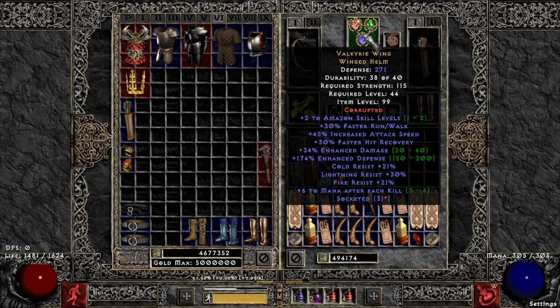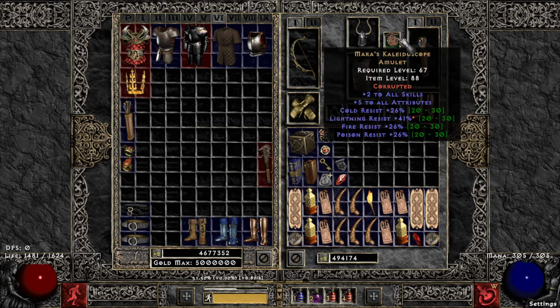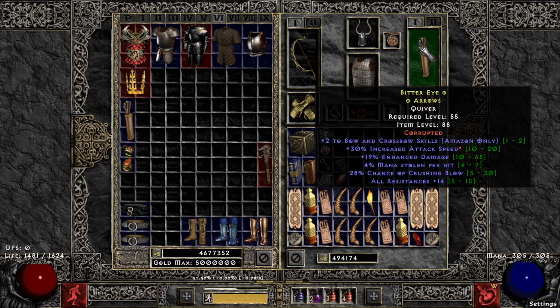I got a Valkyrie's Wing with 3 open sockets to get some more attack speed. Quiver, the 2 important stats are bow and crossbow skills and attack speed. Rest is just nice stuff to have. Resistances are really nice. But stuff like Deadly Strike and Crushing Blow doesn't do that much, so we can just focus on that. And increased attack damage doesn't do all that much either, because it scales the